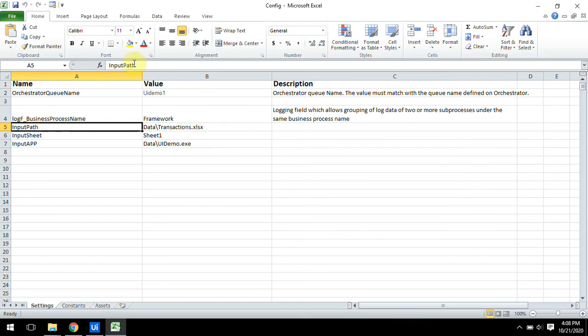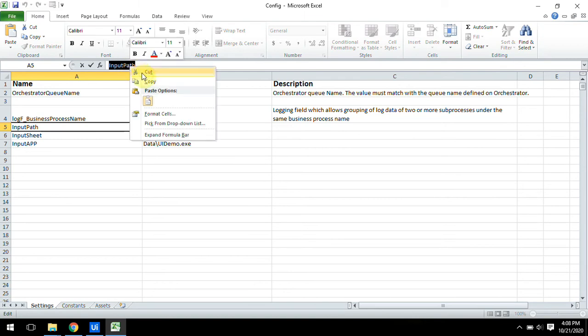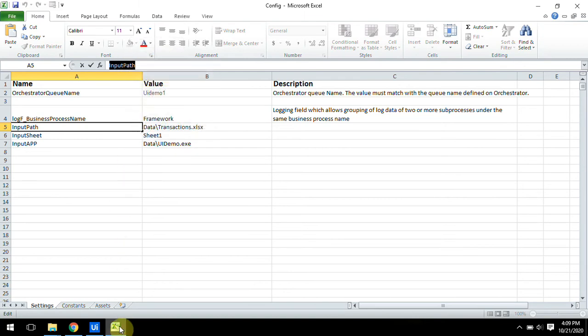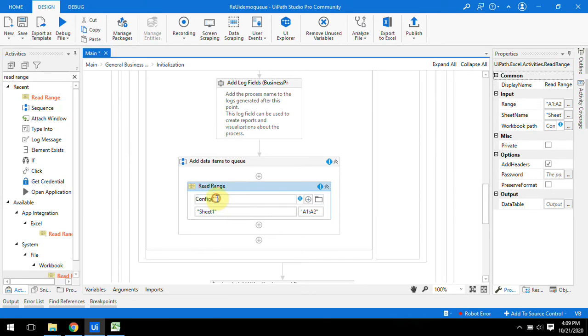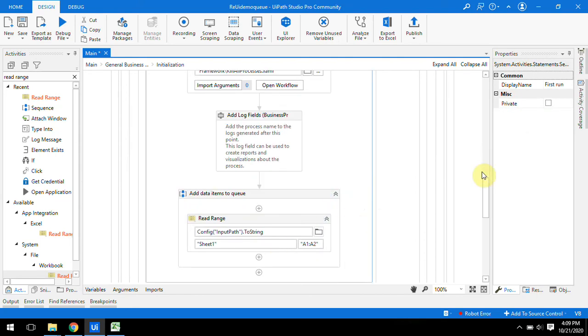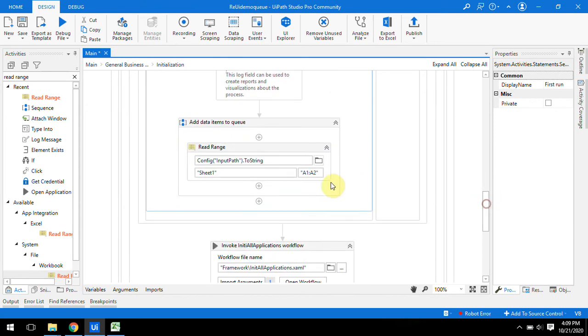So we have to give that name of the path. Just copy and paste, don't type, because there might be a spelling mistake. Then use toString. That is the path of the file transaction.xls.